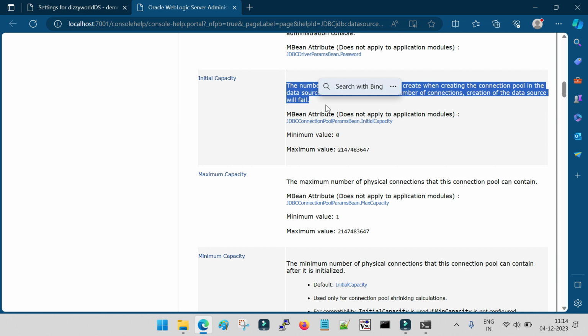When we talk about the Fusion Middleware applications or any kind of custom applications which have a dependency on the database, at the startup time of your applications you have to define the initial capacity, and that initial capacity would be a minimum. Minimum in the sense of the minimum connections that are required to be connected with the database for your application